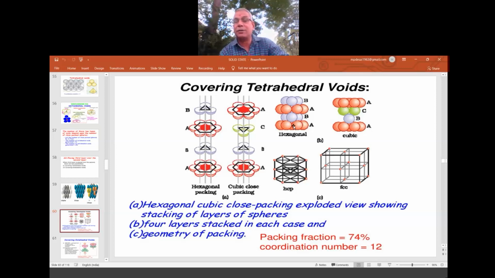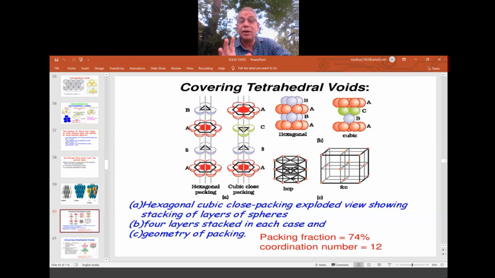And if you arrange in the ABC type, it looks like what? FCC or CCP. What is CCP? Cubic close packing. Cubic close packing and FCC both are same. On every face one particle is there. That's why cubic close packing is called as what? Face centered packing. So FCC and CCP both are same. This is SCP. So once again, HCP is created when AB, AB, AB in 3D covers the tetrahedral voids.